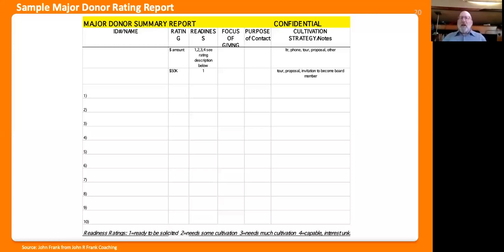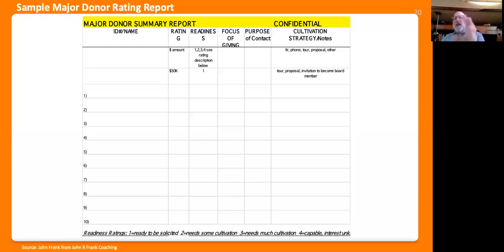Now a 3 is someone that might know about our ministry, but otherwise knows nothing about us. Okay. They might be a Christian in the community. They might be a Christian in the country if you're a regional or national ministry. Number 4 is what we call our Bill Gates. Number 4 is, they have the money, but they have no clue who we are. Okay, by going through these 10, maybe you don't know if they've given 5,000, 1,000, but it might be we'll start with 1,000 or some.